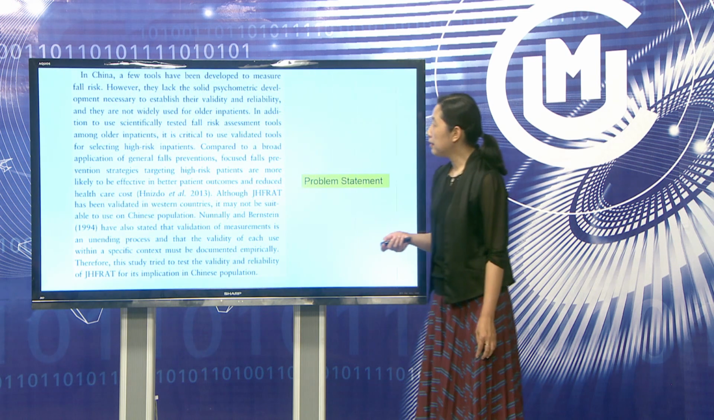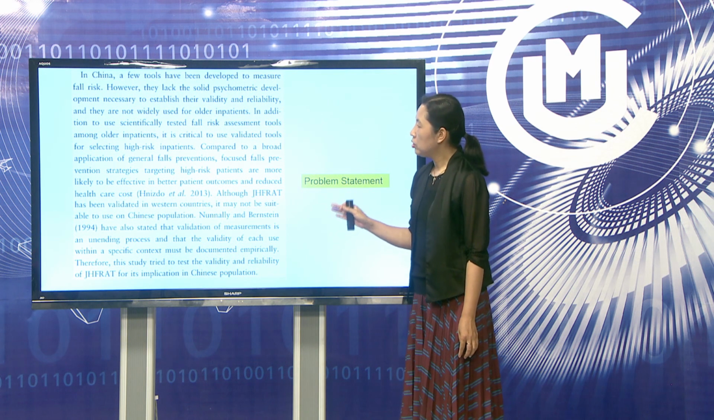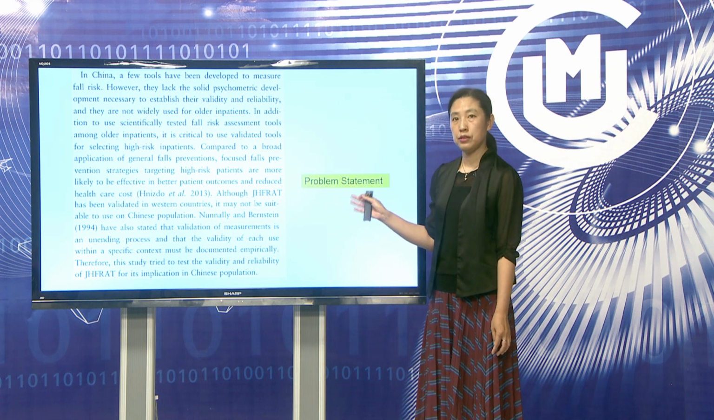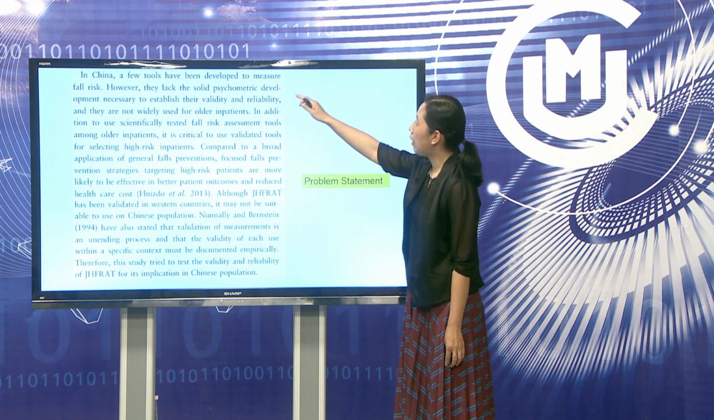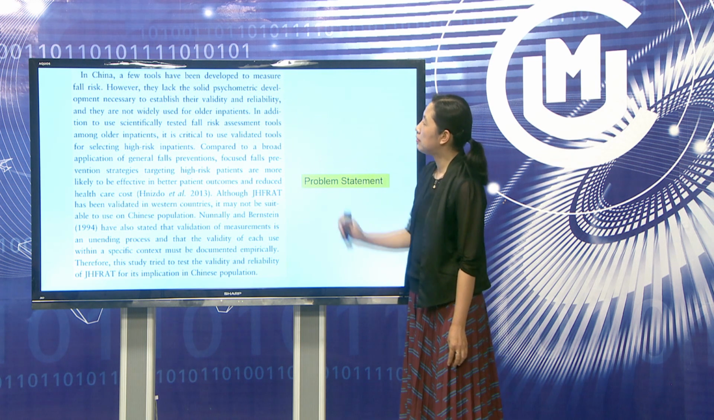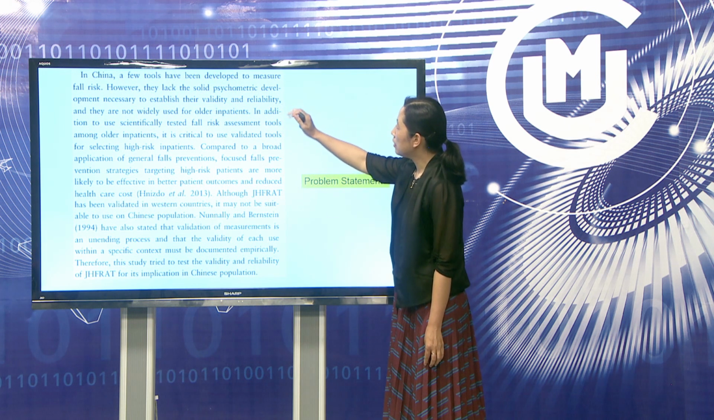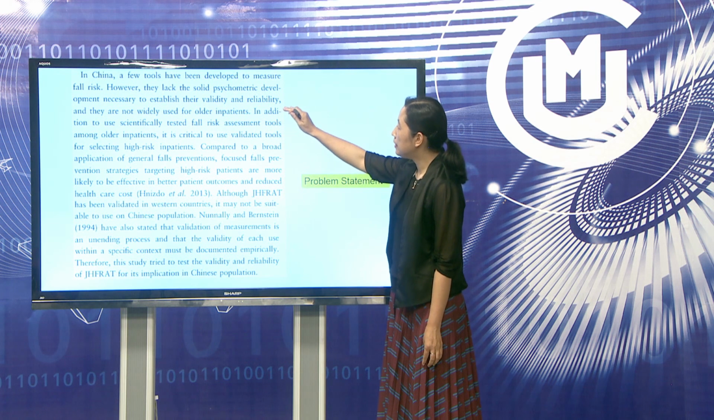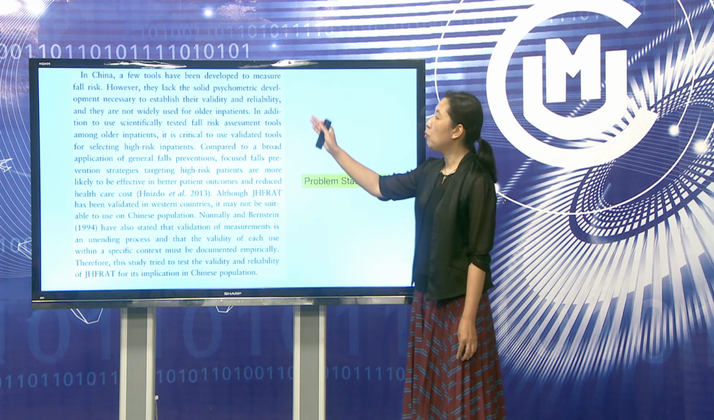So later, we wrote down the problem statement. Why do we want to do this research in China? Because in China, a few tools have been developed to measure fall risk. However, they lack the solid psychometric development necessary to establish their validity and reliability, and they are not widely used